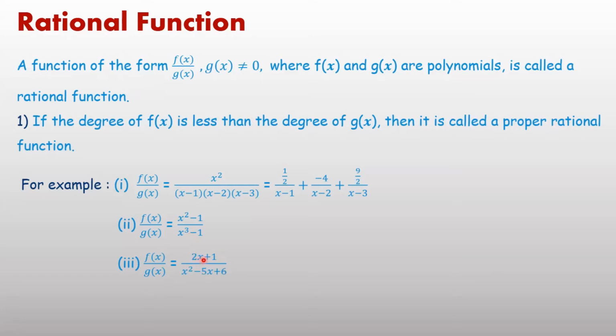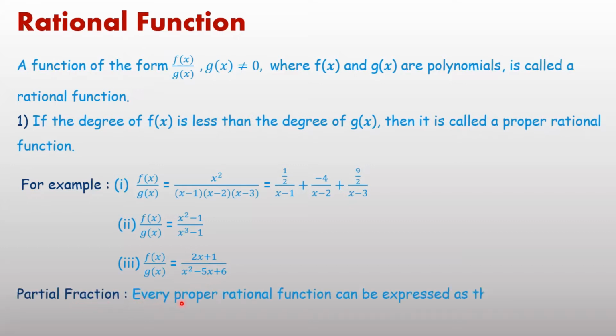One more example, (2x plus 1) upon (x square minus 5x plus 6). Again, it is written as f(x) upon g(x). f(x) is a polynomial, g(x) is a polynomial, and the degree of f(x), or degree of 2x plus 1, which is 1, is less than the degree of g(x), or degree of x square minus 5x plus 6. Now,